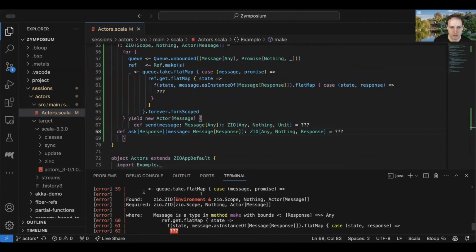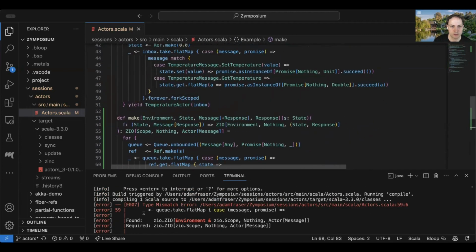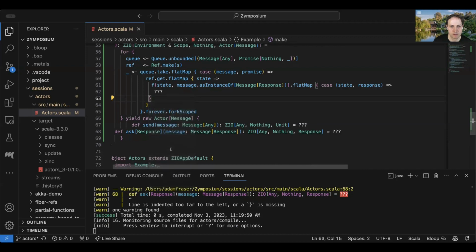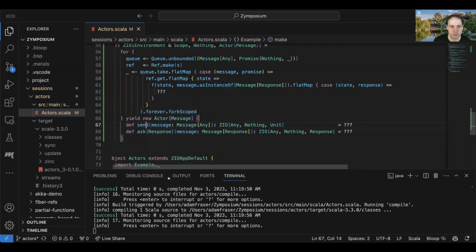And let's see. Oh, so this is just catching a good mistake I made here. So if this takes environment, then this is also going to need an environment. There we go. Let's format that.